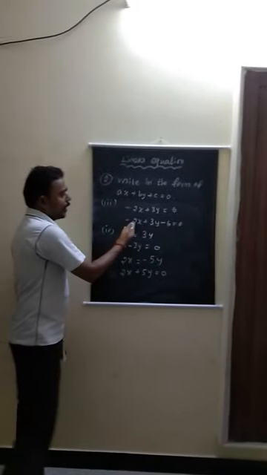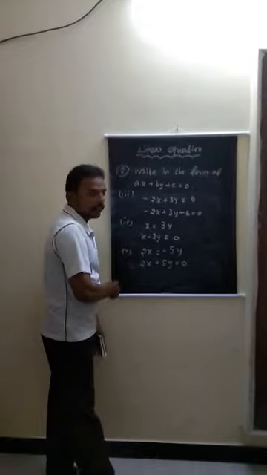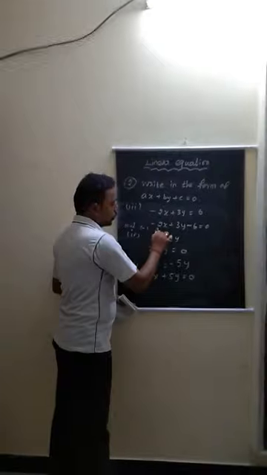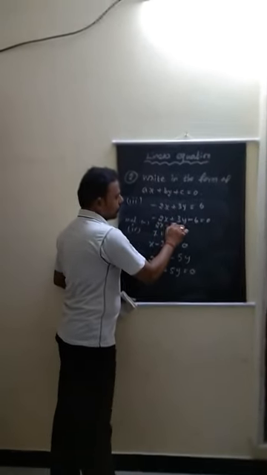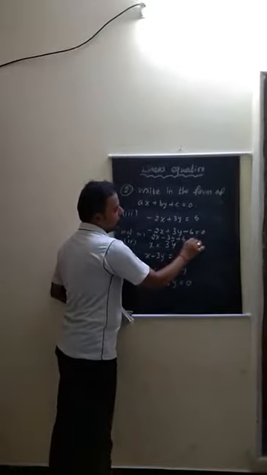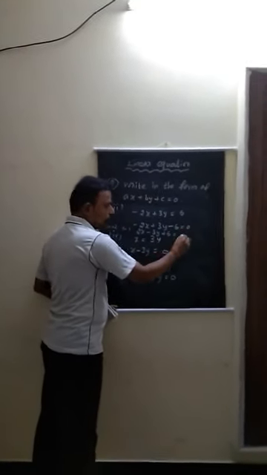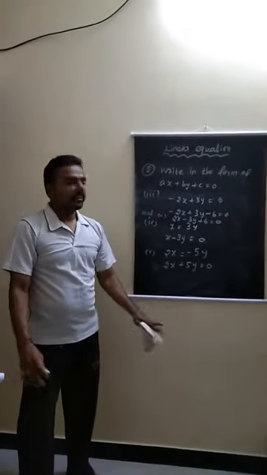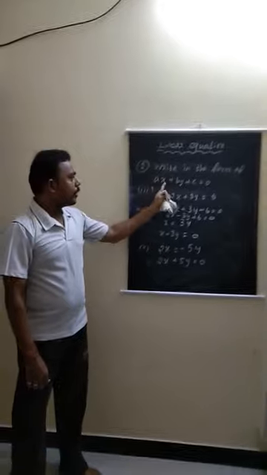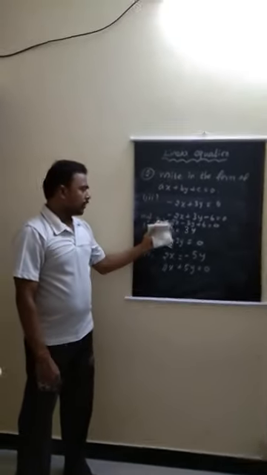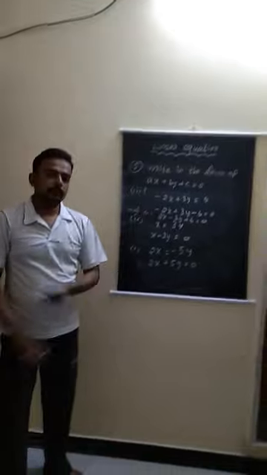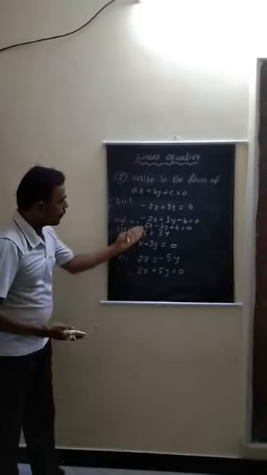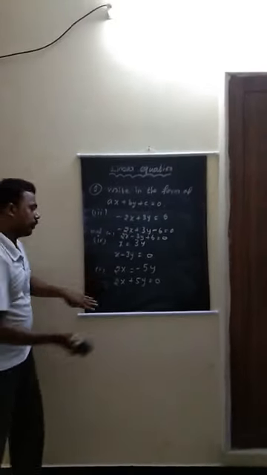So if we need, we can multiply by negative on both sides. If you multiply by negative, you can write minus 2x as plus 2x, plus 3y as minus 3y, minus 6 as plus 6, equal to minus into 0, that is 0 only. Like that also you can write. But here, no need, because write only ax plus by plus c equal to 0. First value may be negative, positive, fraction, decimal. Don't bother about it. Write in the form of ax plus by plus c equal to 0.